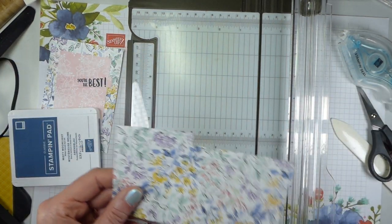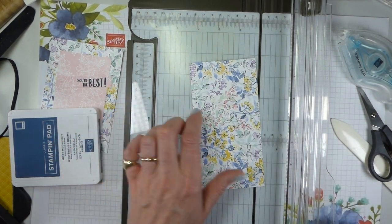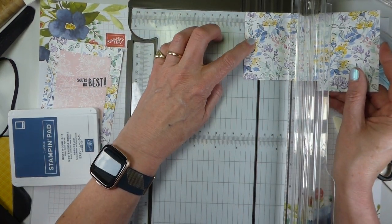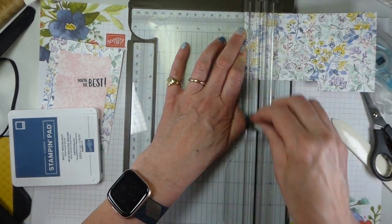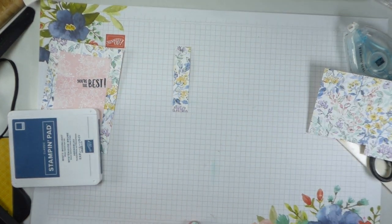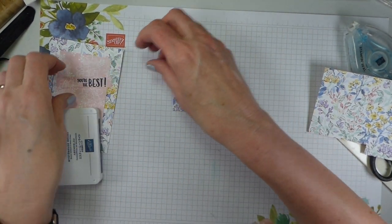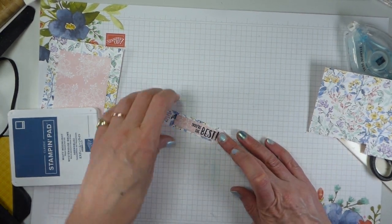And then purely because I made a boo-boo, I'm going to use a piece of this. In fact, I'll go that way, I think. So I'm going to cut this at 3/4 of an inch. And then I'm going to use that to back my stamped piece because I went wrong. So I'm just going to change it a bit. Move something that's just fallen over under my feet before I measure my length on it. So all I'm going to do is be doing that so that there's a